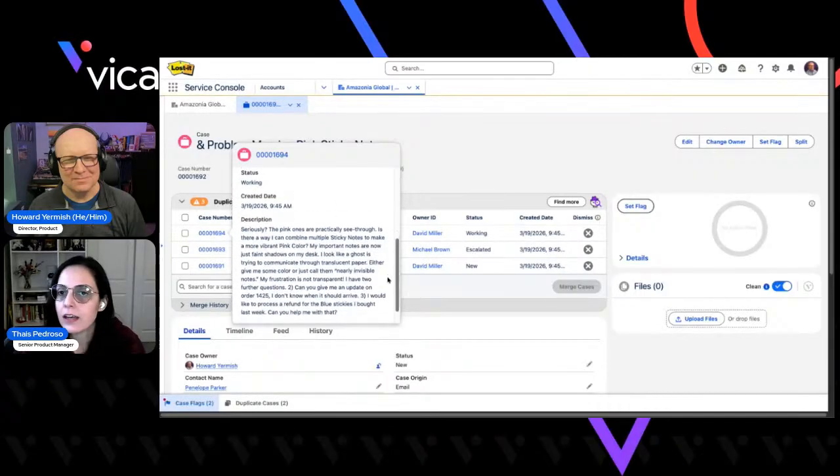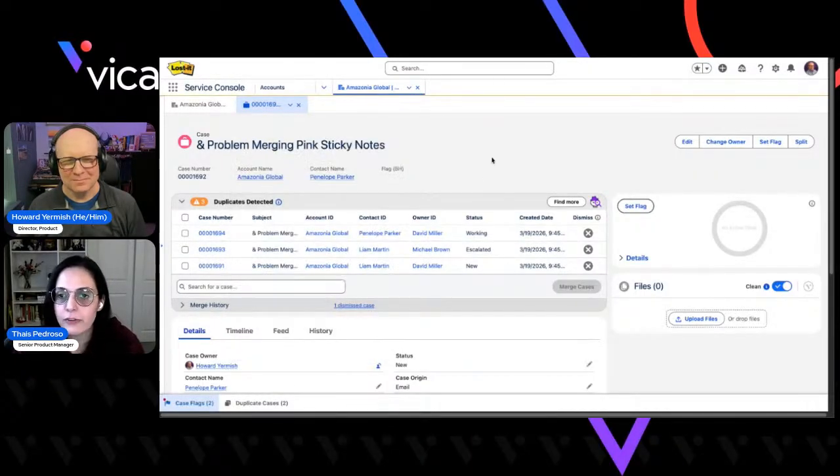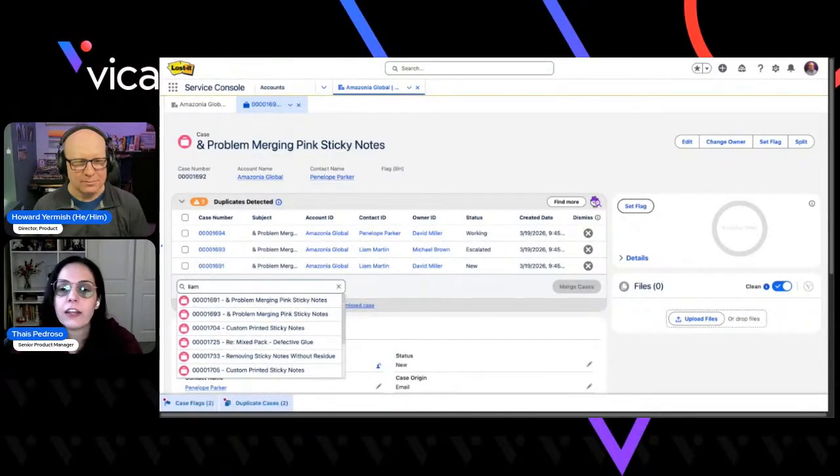You can see the owner, the description, whatever fields you wanted to have here, you could. And you could also manually search for cases. So if you were working on a case that you know should be merged with this one that you're currently viewing, you can just start typing. You can search for the description, the subject, even the case number if you know it